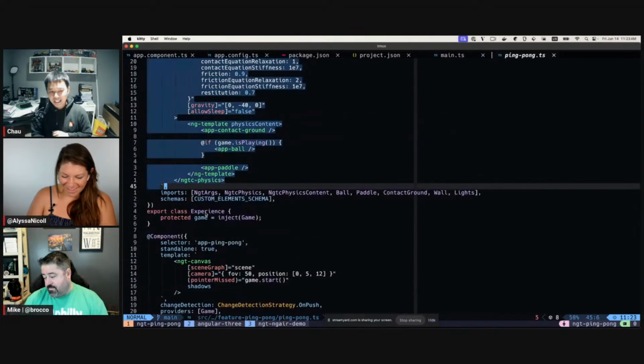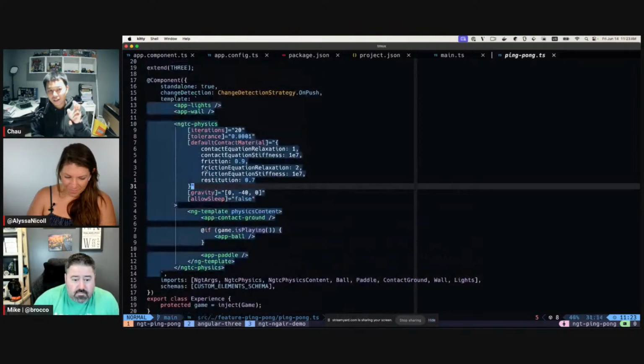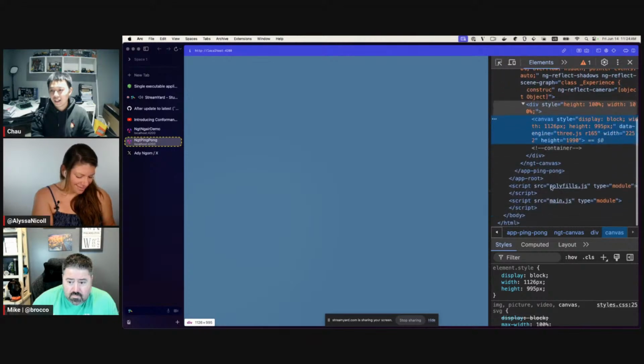And then this experience right here, this scene, will be rendered inside of the 3D canvas. So none of this will show up in the DOM. And we can show that by going to this, and this is the canvas. And none of the lights, the walls, none of that shows up.